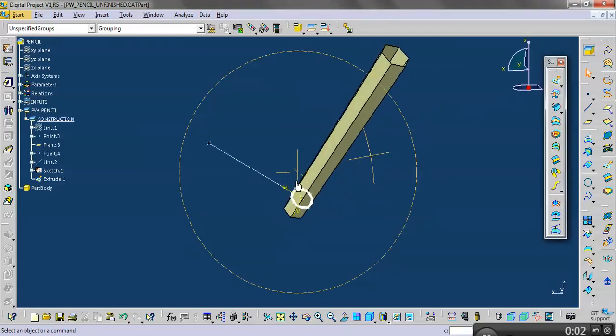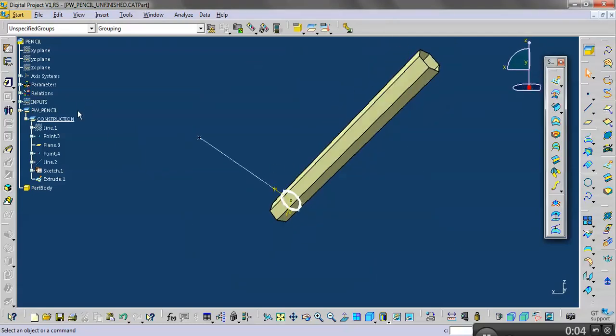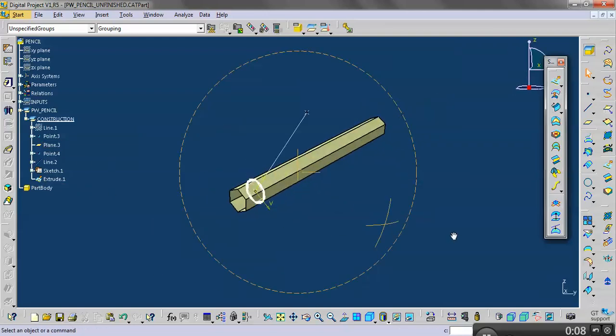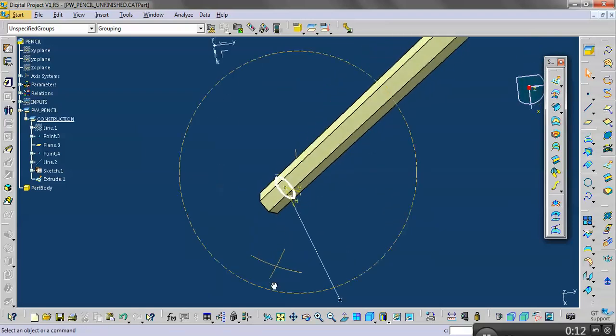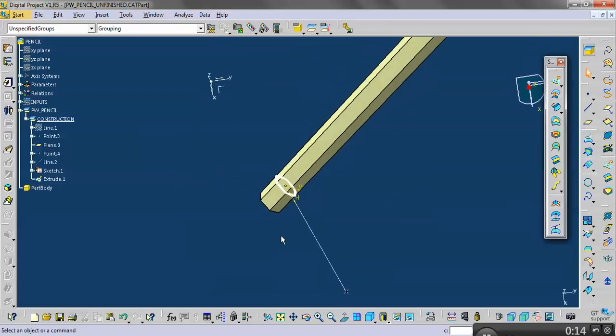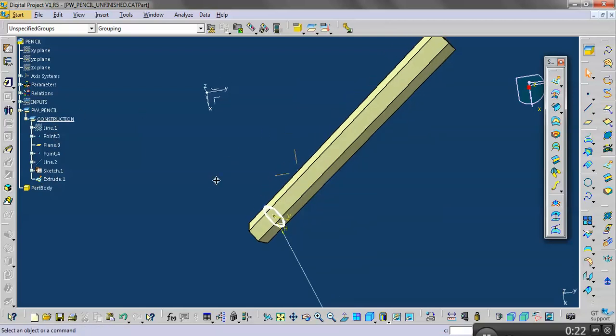Okay, so this is the pencil where we left off. I think the next step was to go right into creating the tip of the pencil, right? So we've built this shaft, and